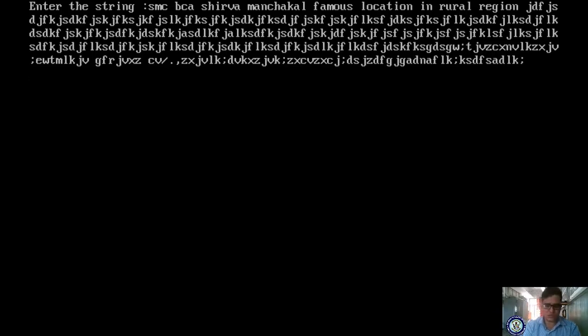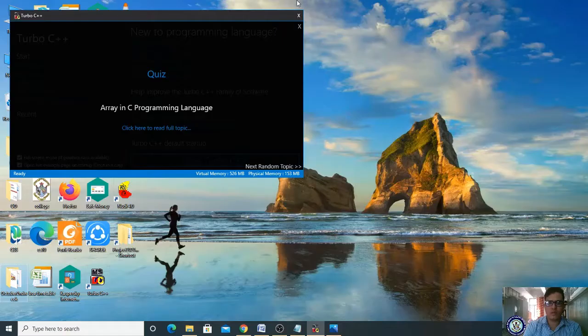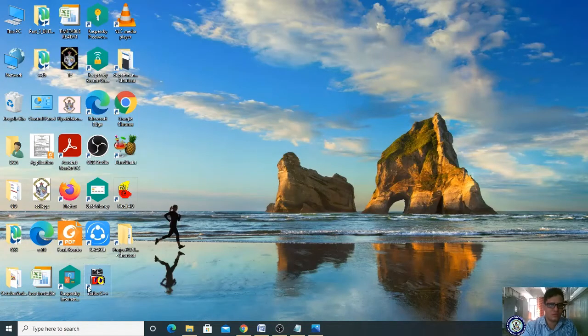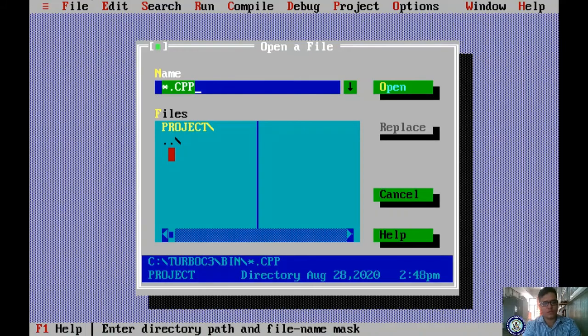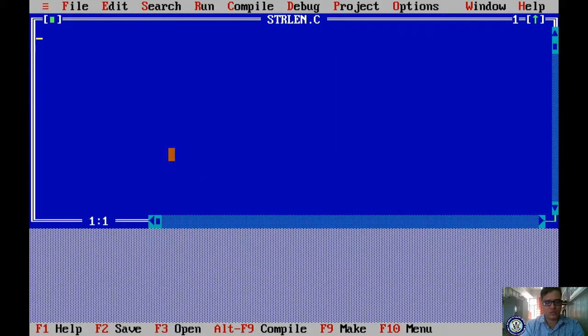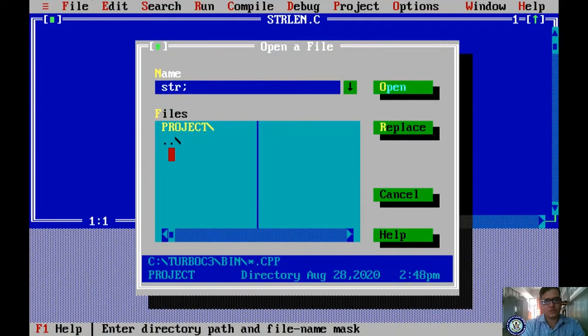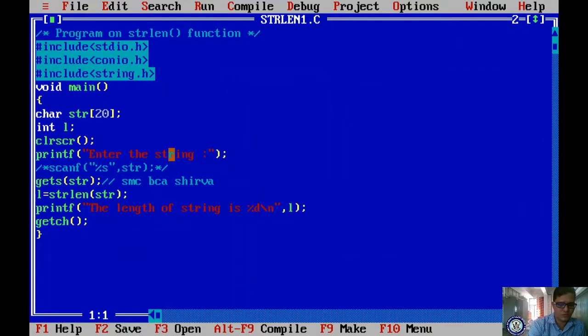It is getting slow. Let me close and open it. Okay, yes, Turbo C++. Open. What is the file name? strlen.c, right? Sorry, F3. strlen1.c. This is our program. Compile it, run it. It has to take SMC BCA Shirva